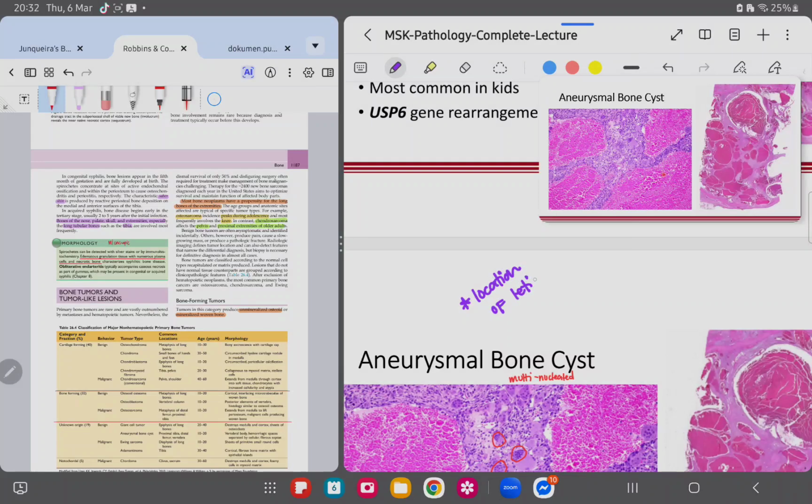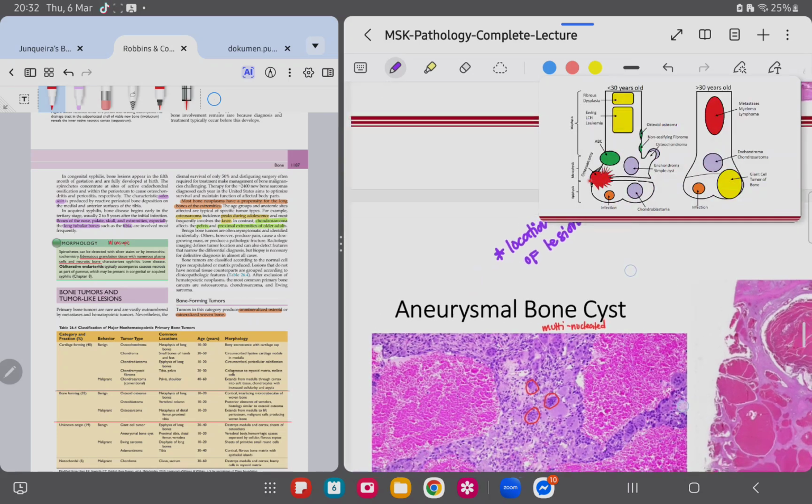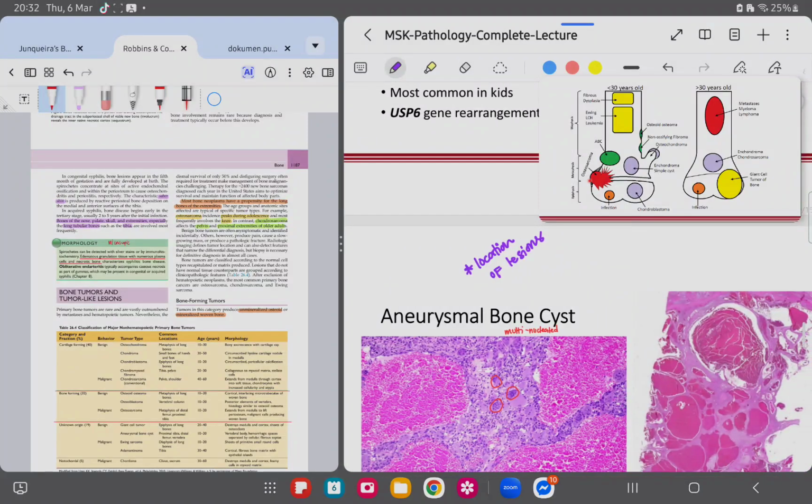Again, just to emphasize that you have to be familiar with the age, you have to be familiar with the location, whether it's in the diaphysis, metaphysis, or epiphysis. So evidently, for the most part, I will be asking you about tumors of the long bones. Okay? So take a look. Aneurysmal bone cyst, more common in the young, somewhere in the region of the metaphysis. Osteosarcoma, metaphyseal, giant cell tumor, epiphyseal, metastasis, usually in the diaphysis.